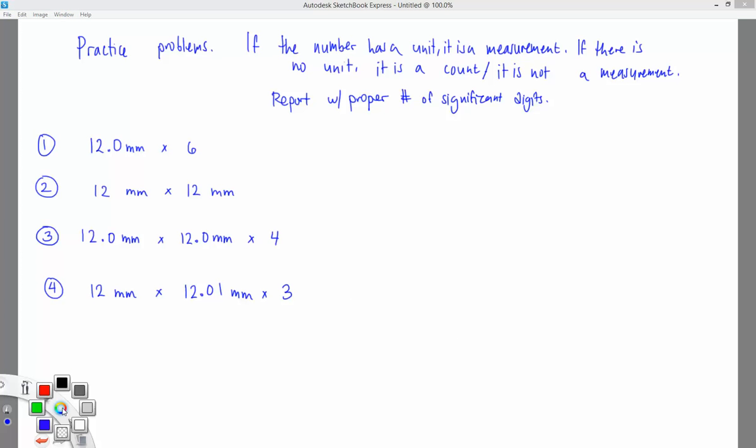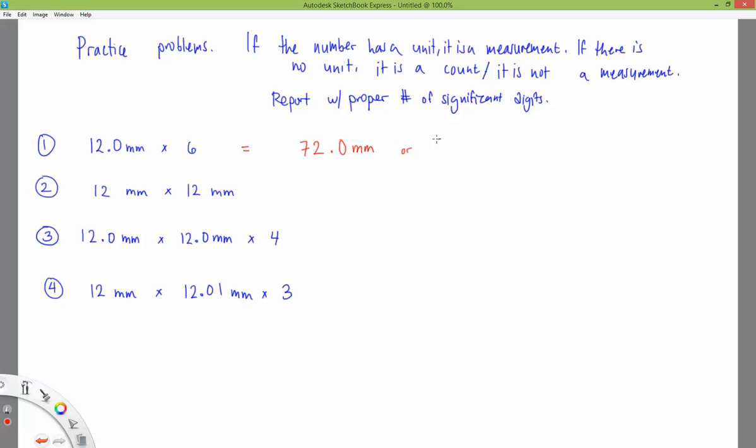All right, so our first one, 12.0 millimeters times 6. This gives us what? So you punch this into the calculator, you type in 12 times 6, and it spits out 72, right? But we have 3 significant figures, so we should have 3 significant figures in our answer. So we should have 72.0